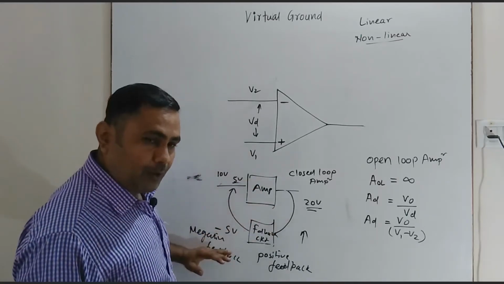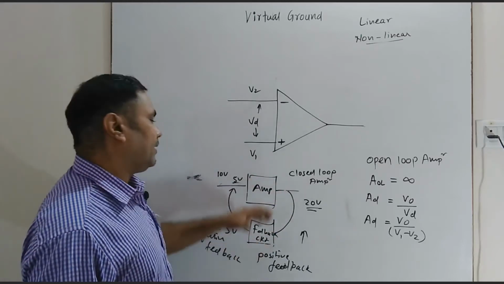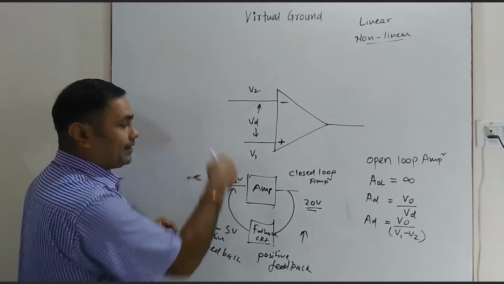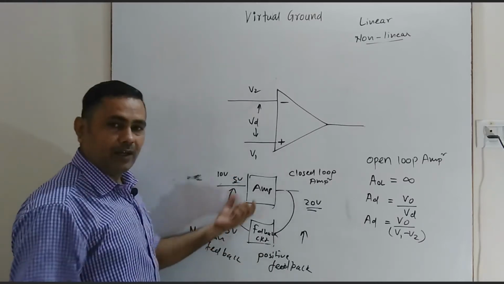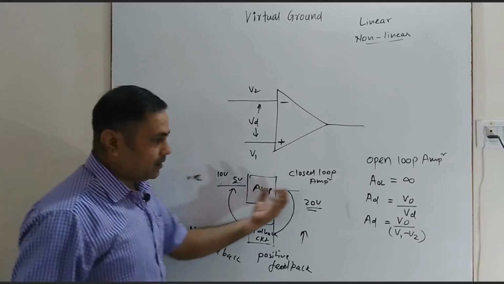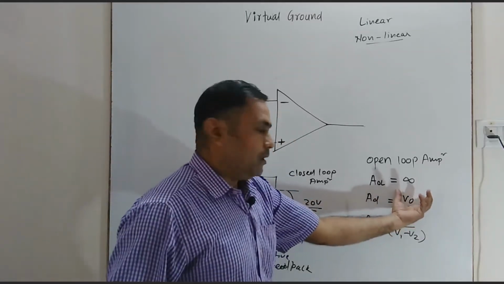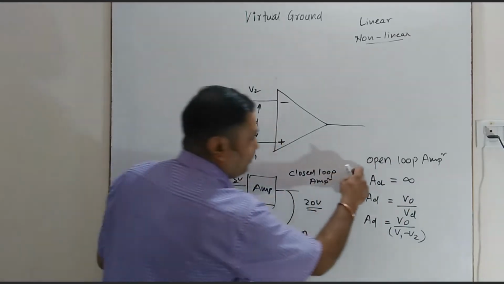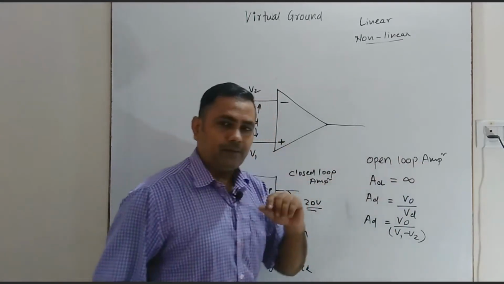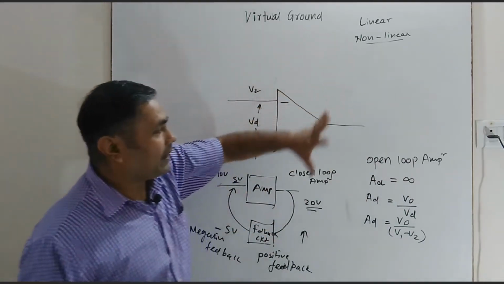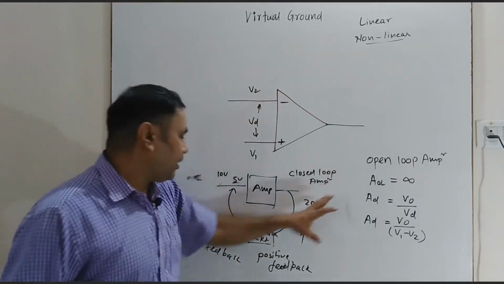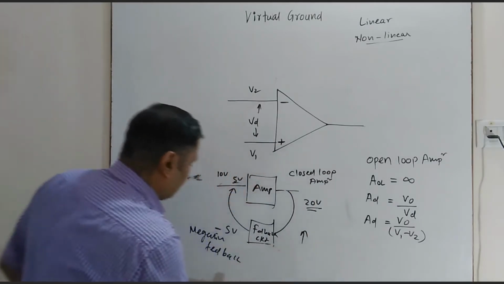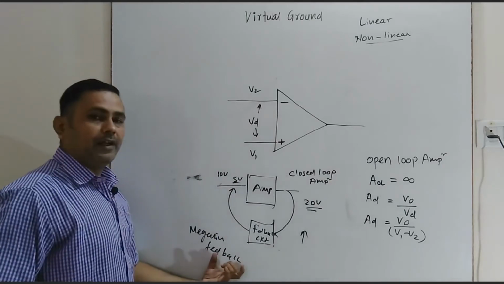And what about negative feedback? If negative feedback is used, the gain is getting reduced because the voltage at the input is reducing. So obviously the gain will also reduce, as the gain is nothing but a ratio of output voltage upon input voltage. So in an open loop amplifier the gain is infinity. If you want to control or reduce that gain, we cannot use the positive feedback. So that is why for linear application, the feedback we need is the negative feedback.